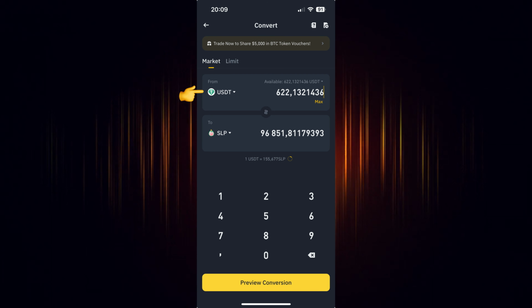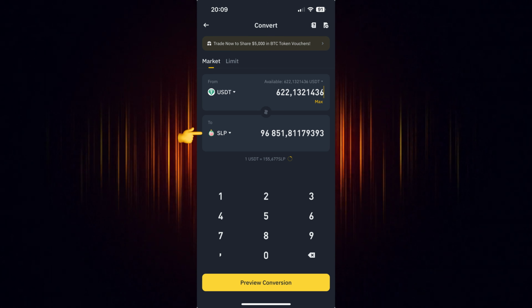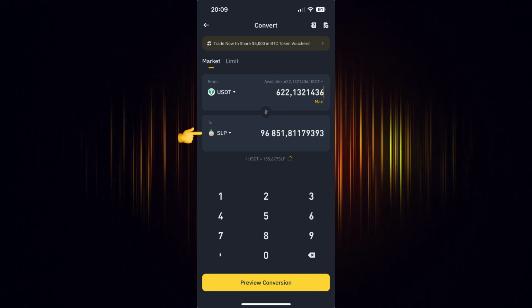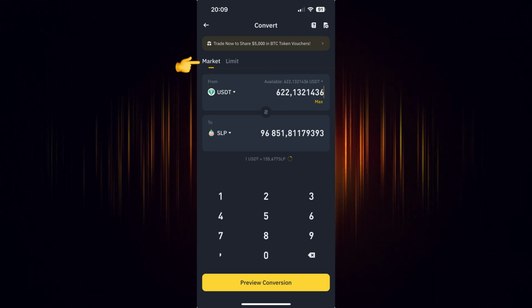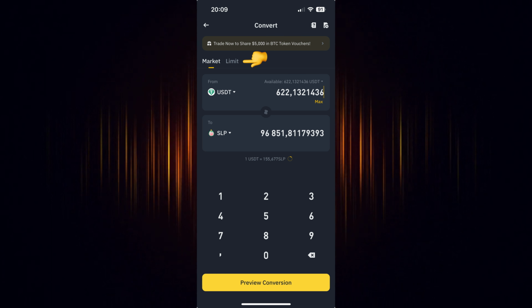Now select the currency you wish to use for the purchase. Then add the currency you want to buy. In our case, we are looking to buy SLP. There are two ways to buy it. You can either choose the current market value, or you can set the specific price at which you wish to